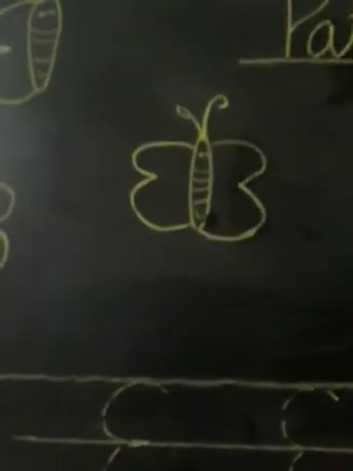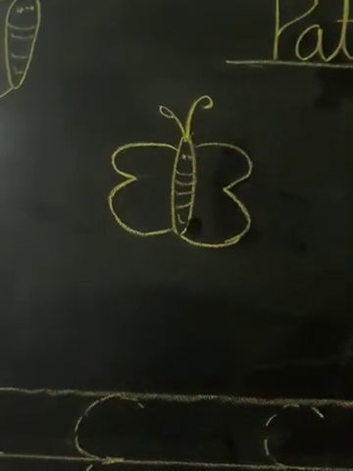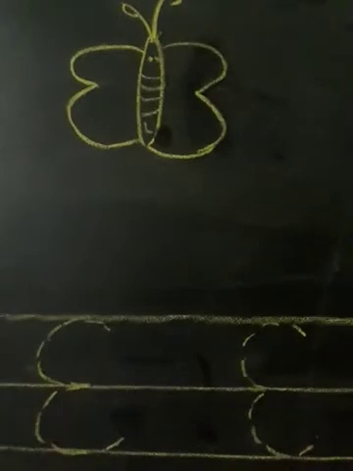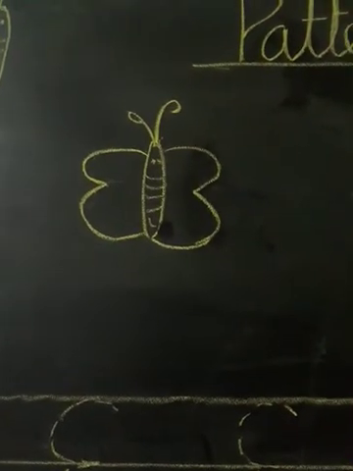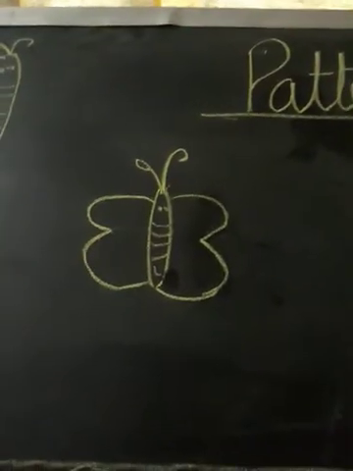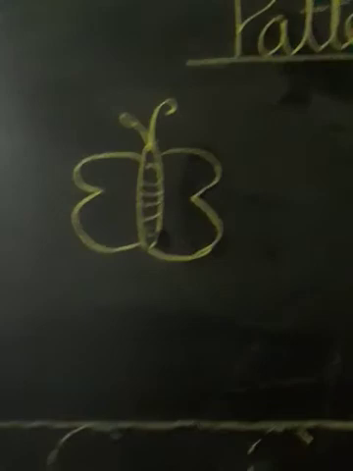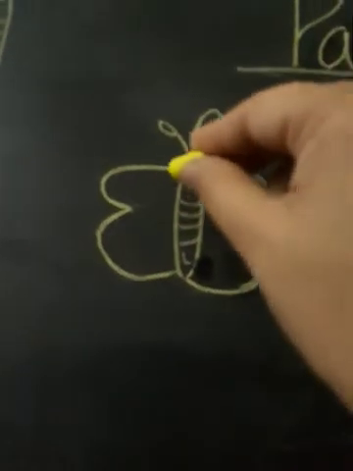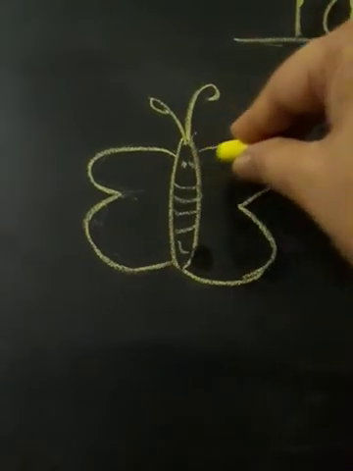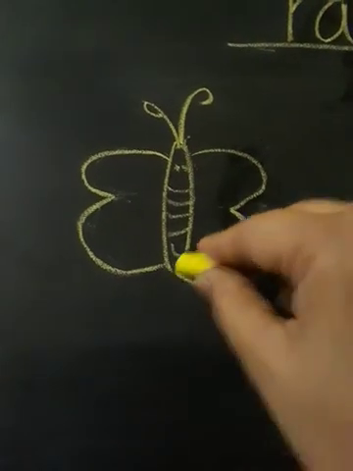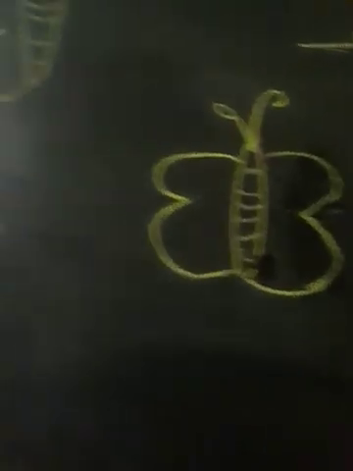Okay babies, so can you see? It is so simple that with the help of these patterns we can make the wings of the butterfly. है ना? अगर हम ये पैटर्न्स बनाना सीख जाएंगे तो हम ये बटरफ्लाई के विंग्स भी बना लेंगे, राइट? Can you see this? Yeah, this curve and this curve. And the same one opposite side. है ना? It is so simple.